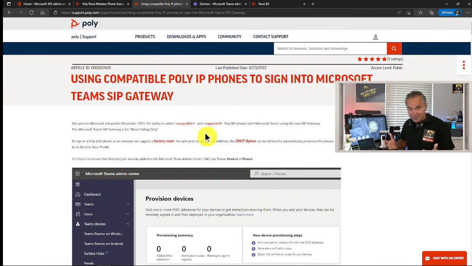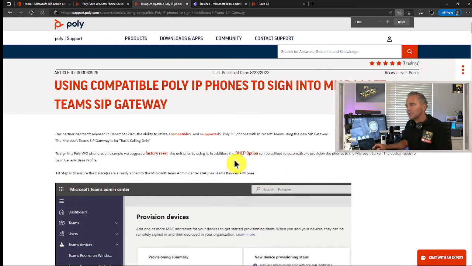If you want to integrate in your environment and do this all automatically through DHCP, where the phones automatically get this kind of information, you can do that. But for now, I will walk through it manually, step by step, so you can see how you need to do that. I will share this knowledge base article in the comments. At the top, you can find some interesting information on using the DHCP options to push out the Microsoft SIP environment, the provisioning environment, to get started with the Microsoft Teams